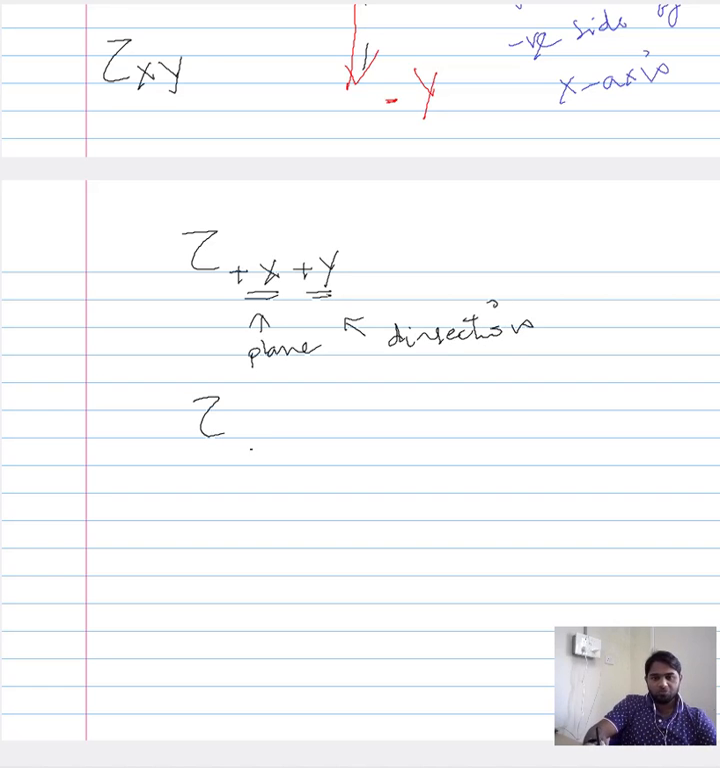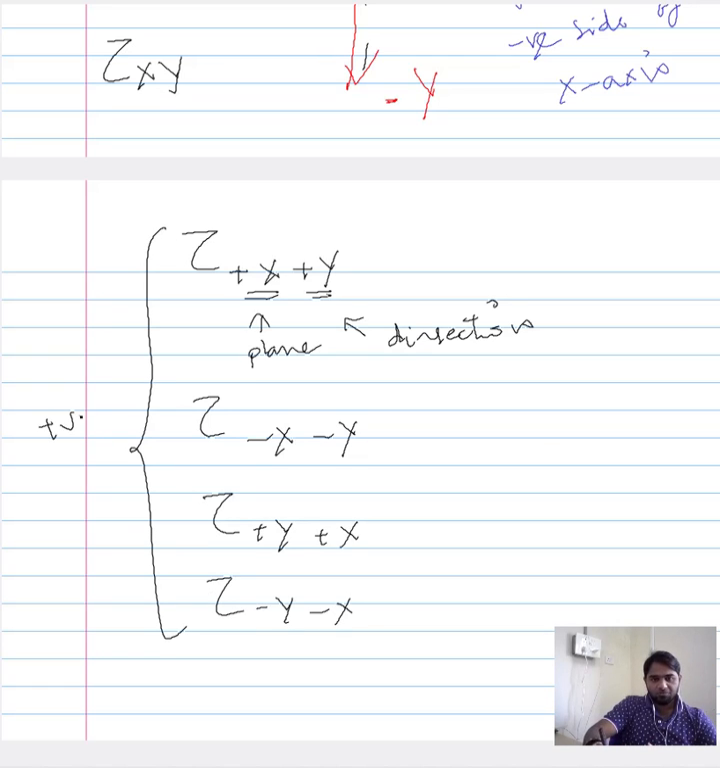So this would also include negative x and negative y, and this would also include y plus x, and rather minus y minus x. So all these are by convention positive shear components of stresses. So by convention, when your direction and plane are of the same sign, then by convention the shear stresses are